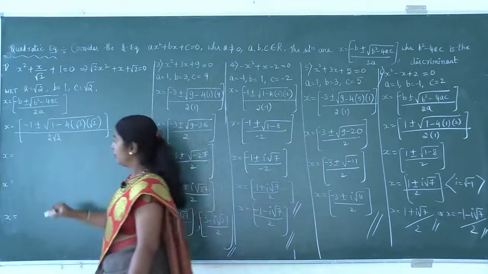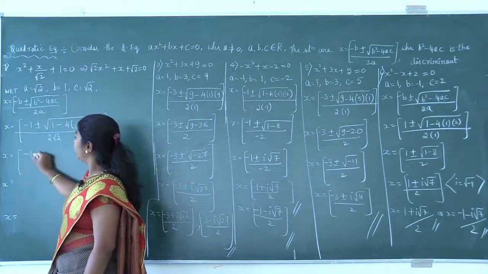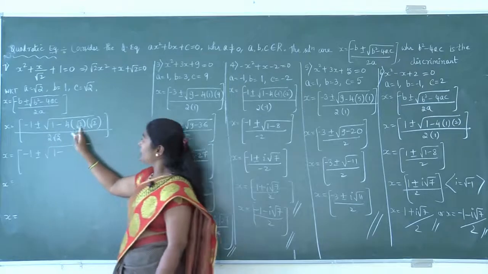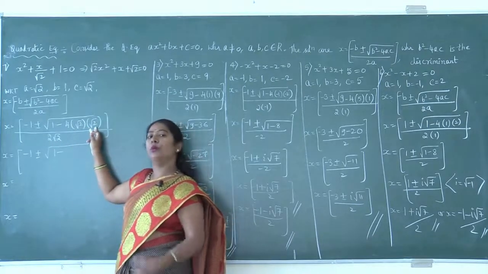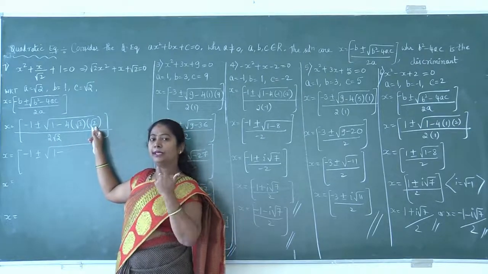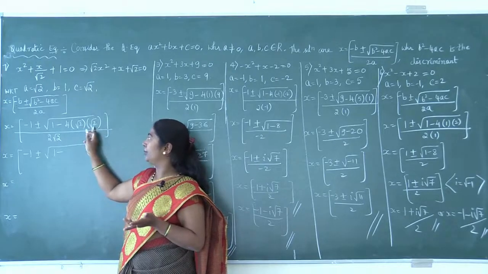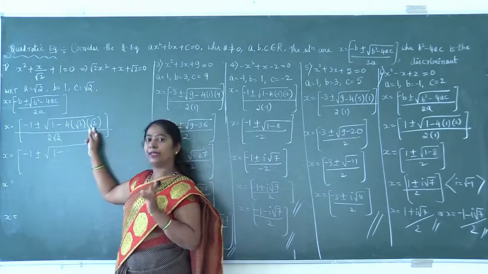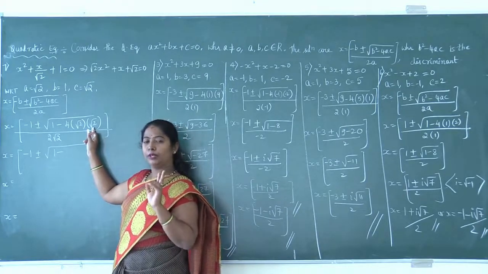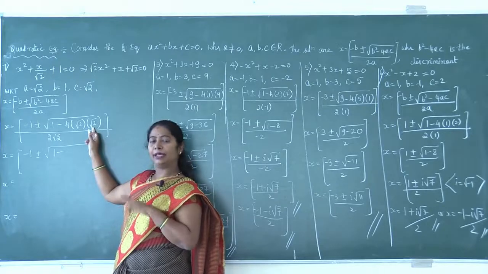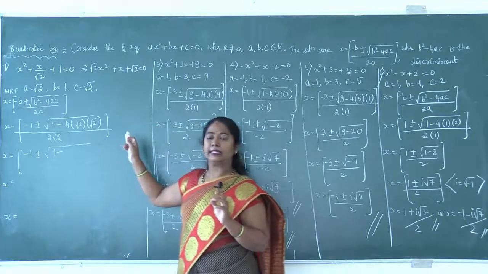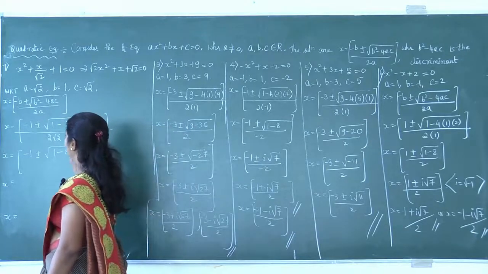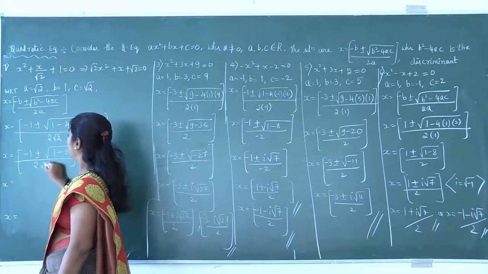Now, proceeding further, x is equal to minus 1 plus or minus 1 minus root 2 into root 2 whole square. Square root and the square get cancelled, so only 2 remains. 2 into 4 will be 8. What is root 2 into root 2? That is nothing but 2. Root 2 into root 2 whole square. The square and the square root get cancelled, so 4 into 2 will be 8. So this can be written as 1 minus 8 divided by 2 root 2.